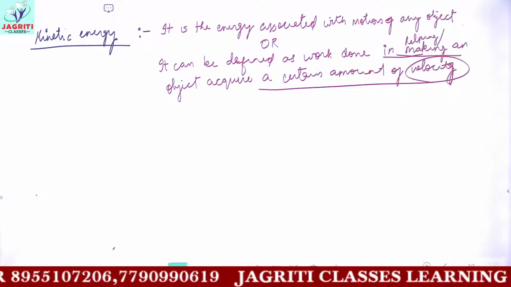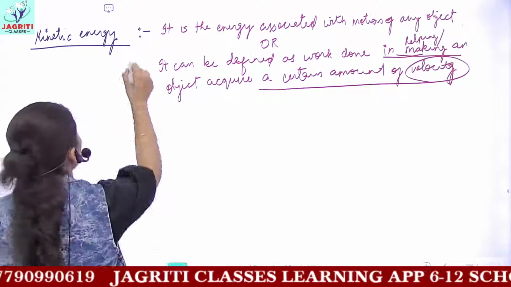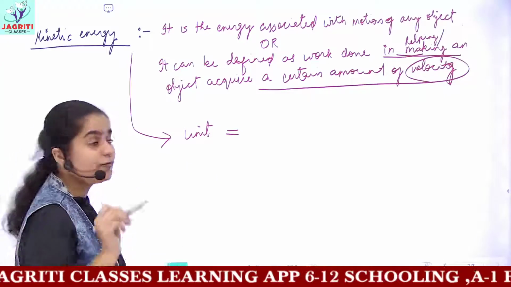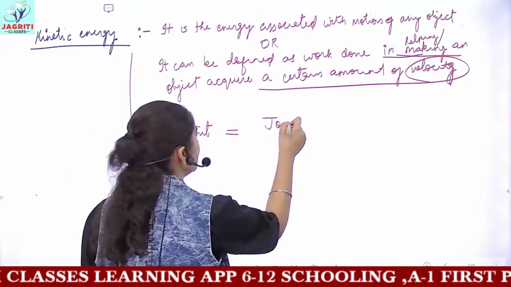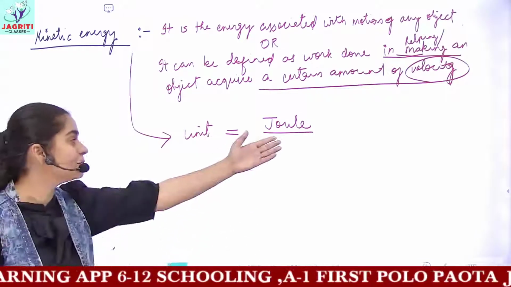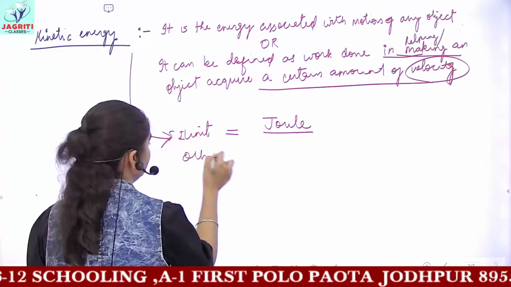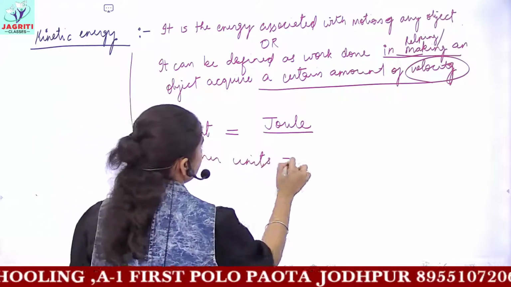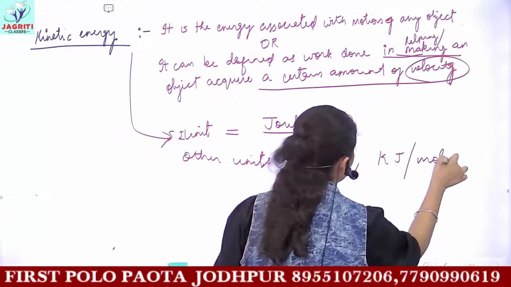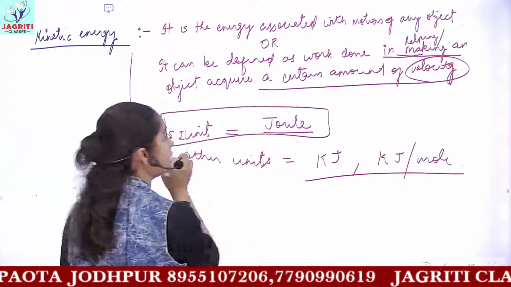Okay. Now we'll be continuing this. I told you the definition, and the unit for kinetic energy would be what? I told you the unit of work and the unit of energy is same. So the unit would be joule here. All the energies, either kinetic or potential, are measured in joule. This is the SI unit. And talking about the other units, you can also have kilojoule, then you have kilojoule per mole. Okay, so these are the other units to measure energy, but the SI unit used here is joule.